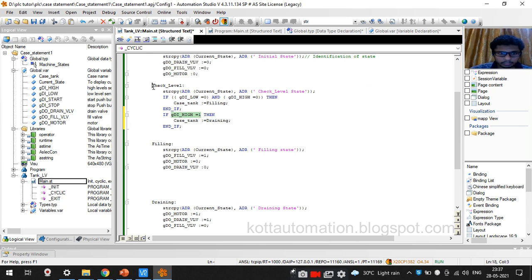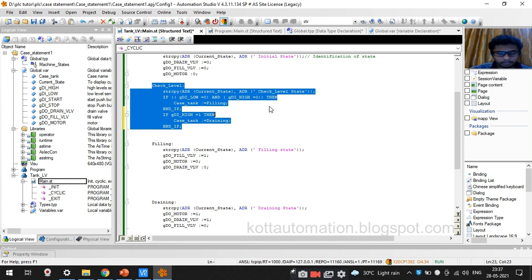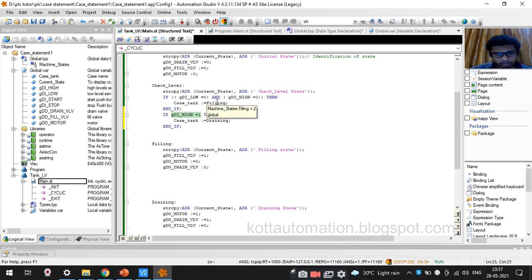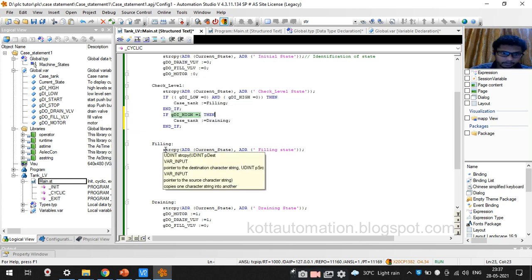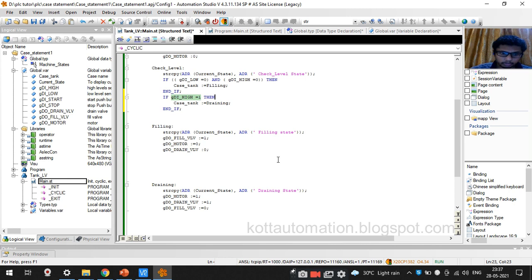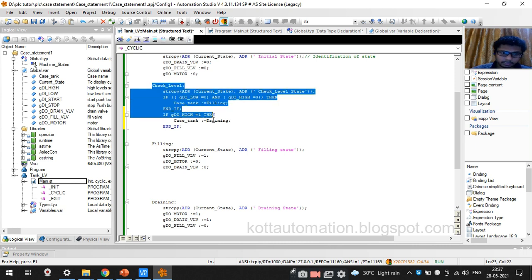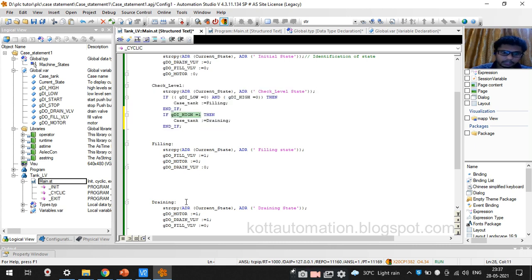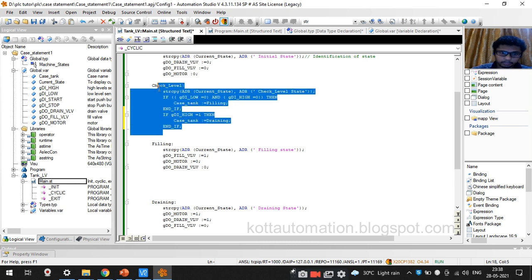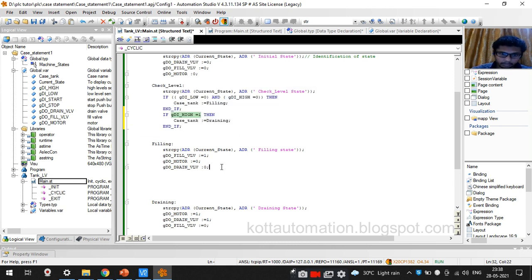So in the check level state, we have defined the logic to switch to the filling cycle if my level is below the low sensor, and to switch to the draining cycle if my high level sensor is on. So in this state, we are basically switching to the filling and draining state as per the feedback from the sensor. Now in the filling state,